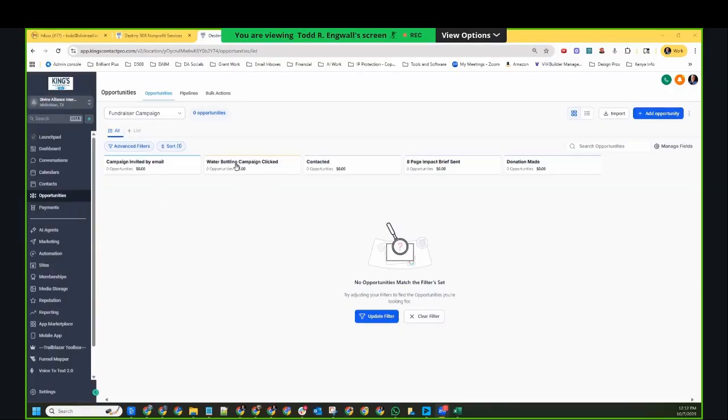So let's say they've clicked on your campaign inside your email, and you can track that. You've reached out to them, and then maybe you've sent an additional piece of information. They want to know more. And then you can see if they've made a donation, whether it's a one-time gift or a monthly gift. Okay, so